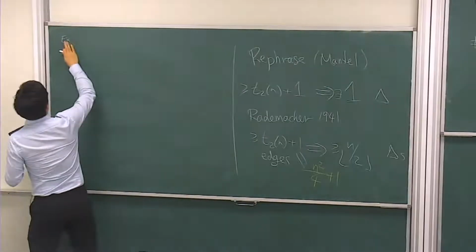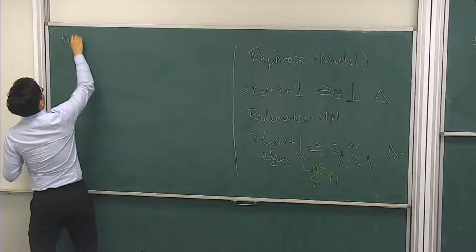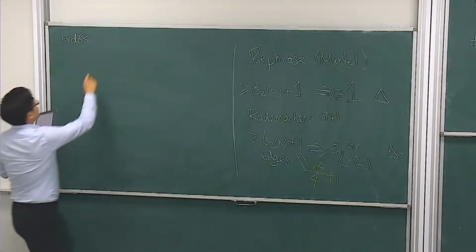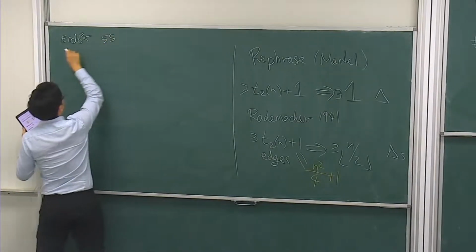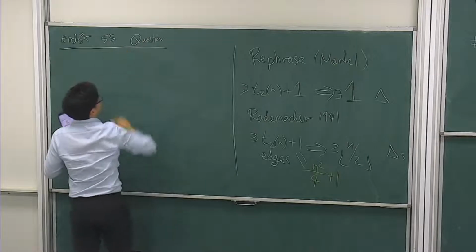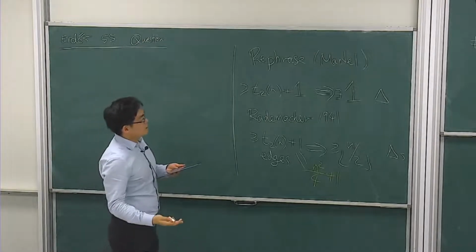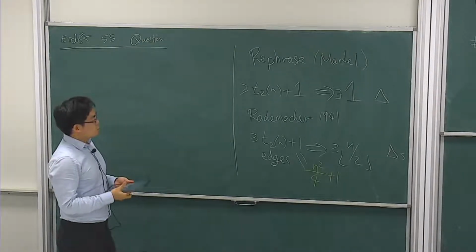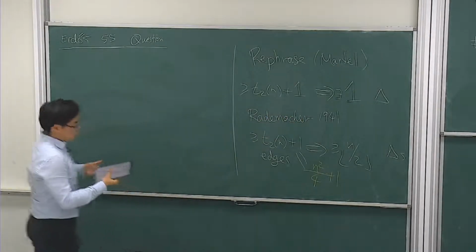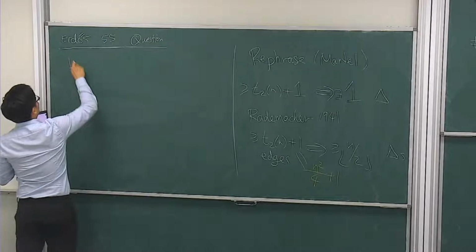So there's an exercise here. So let me recycle this E. So Erdős in 1955, he asked the following question. Basically, this is the question I want to talk about today, and the name nowadays is well known as the Erdős-Rademacher problem. So what is the question he's asking? He said, then